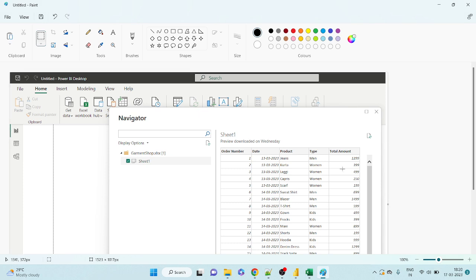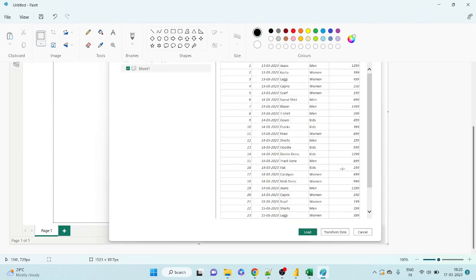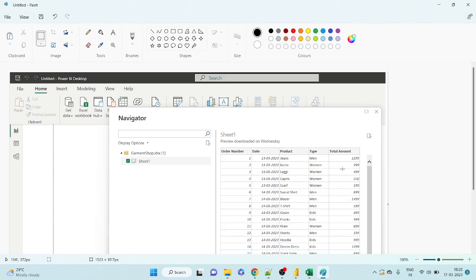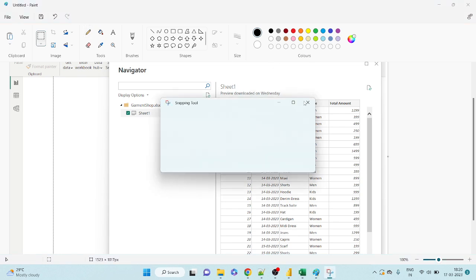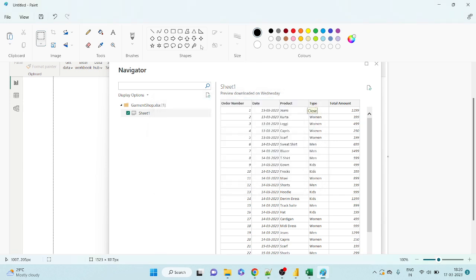On Service, we cannot modify anything. On Power BI Desktop only, we can do changes. That is okay, but I'm telling the sequence. First you have to create, then publish. So the first action is with Power BI Desktop, and then we have to go for